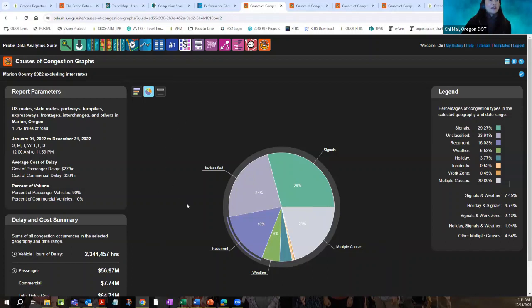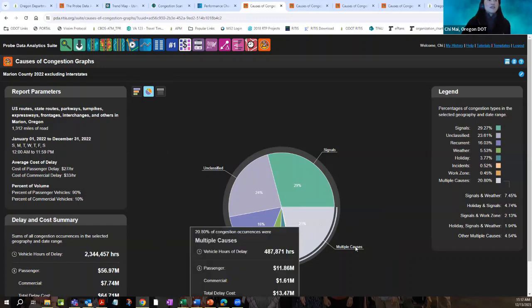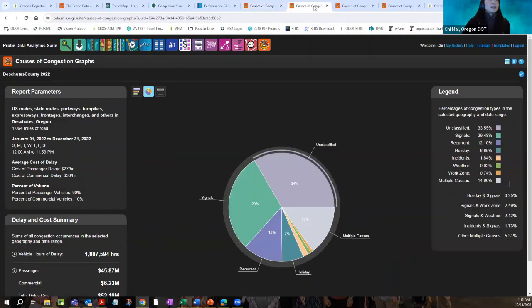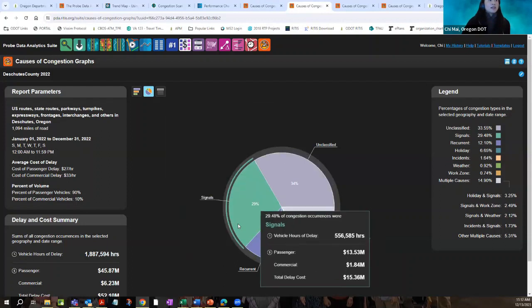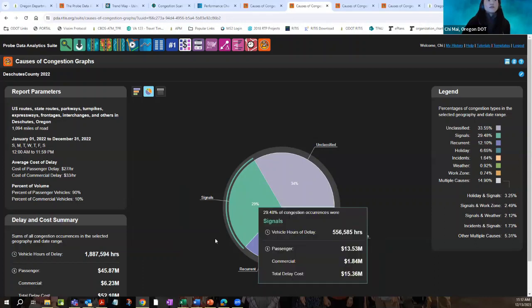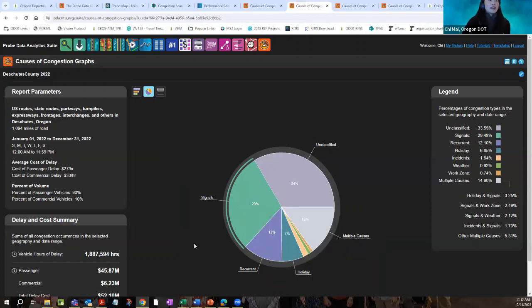And then we have these multiple causes in the pie chart, which are when there are multiple events happening together, so they are grouped into that. By looking at Marion County, I looked at Deschutes County and developed the same thing. Their signal delays are around 29%, so not that big of a difference from Marion County,